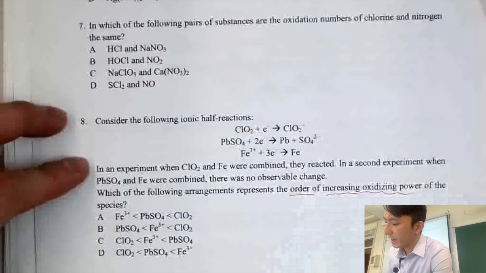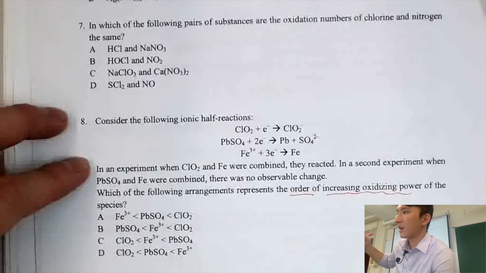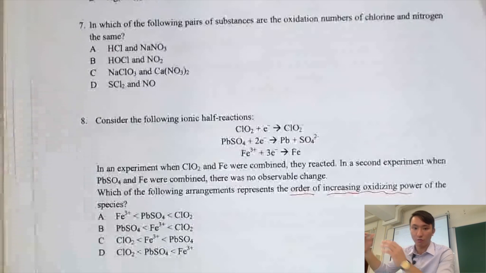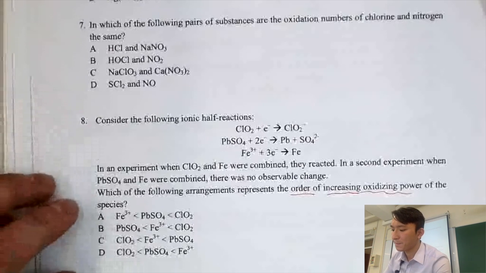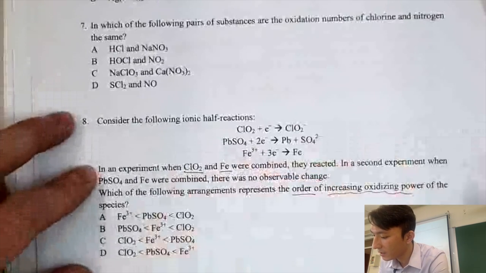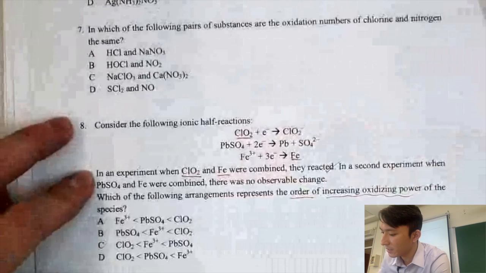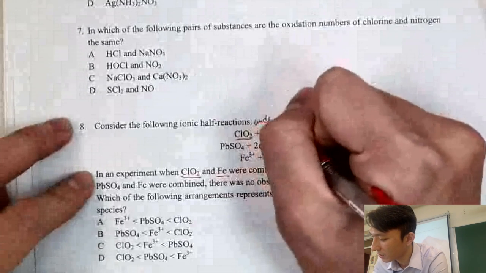So basically, we want to arrange them according to the readiness to undergo reduction. So we want to have the one that likes to undergo reduction the most on the right-hand side. So if you have ClO2 and Fe, there is a reaction. So that means ClO2 undergoes reduction,